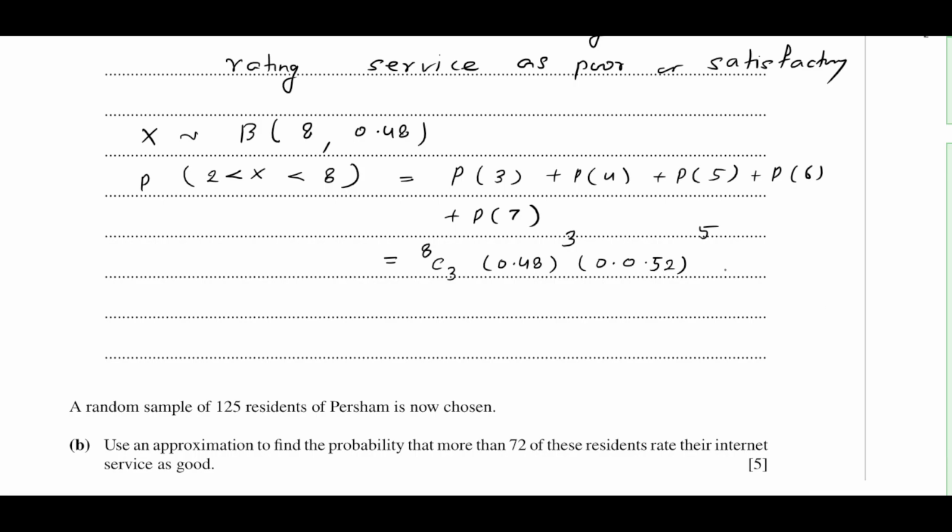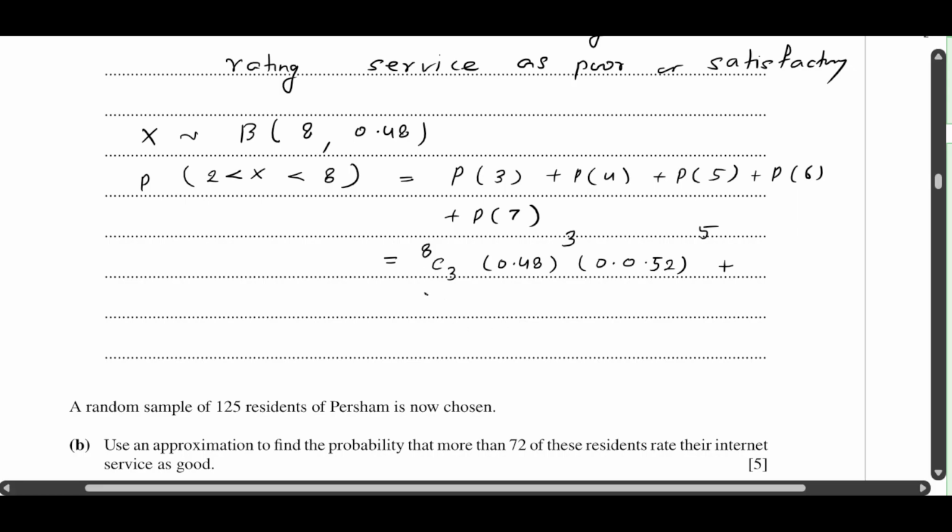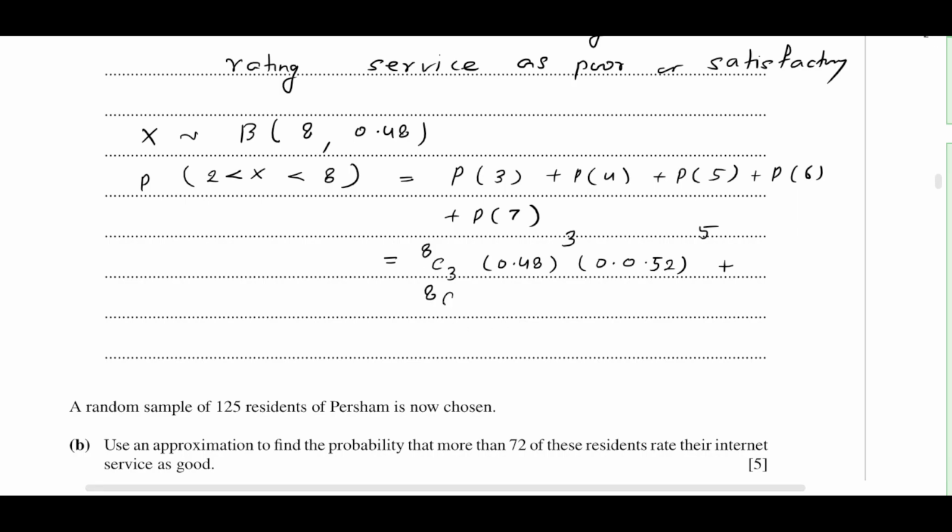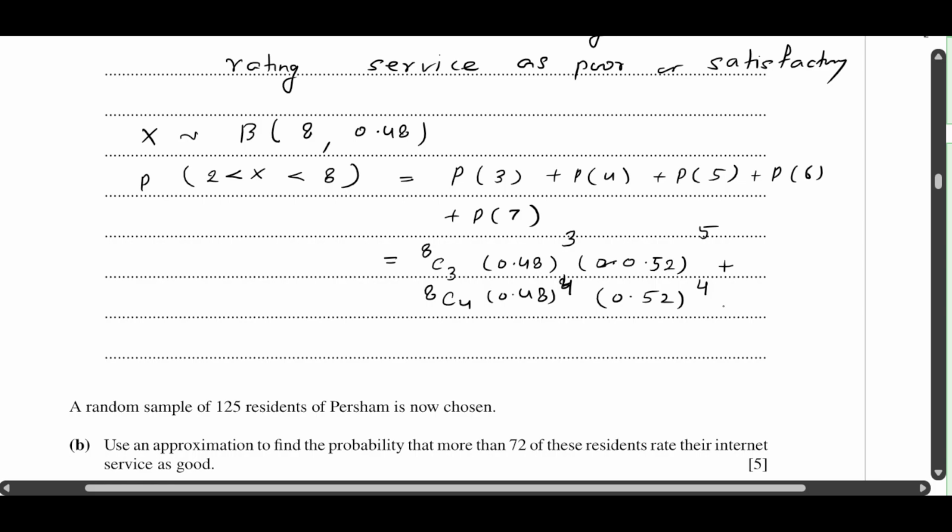No problem, we will do this calculation. Plus 8C4 is 0.48 power 4 into 0.52 power 4, plus